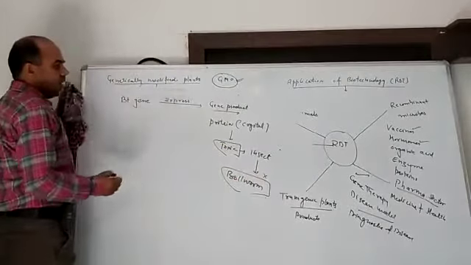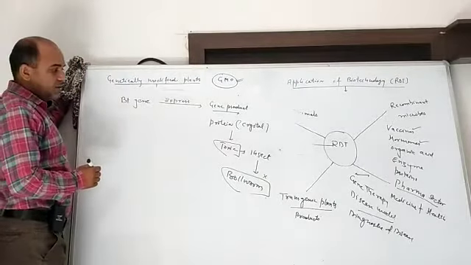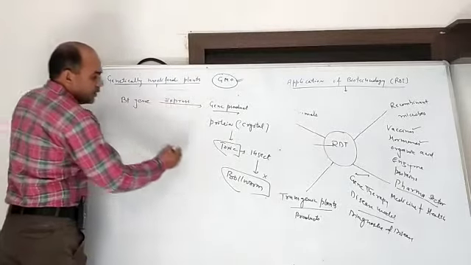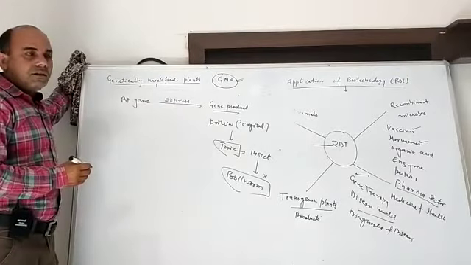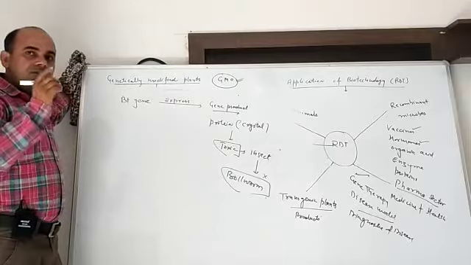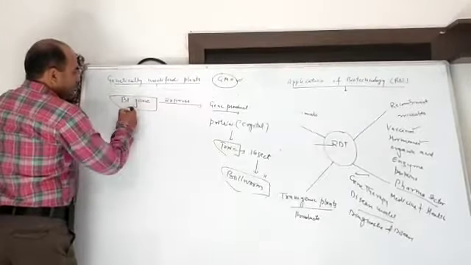So this is the advantage. That's why sometimes it is called bioinsecticide, because we can provide defense against a particular insect with the help of a living organism. The living organism which is used here is bacteria. The name of the bacteria is Bacillus thuringiensis. From that bacteria, the particular gene is isolated, extracted. That gene is called Bt gene.